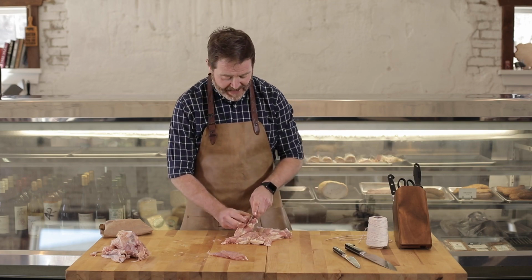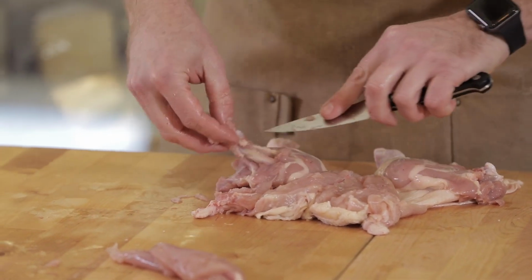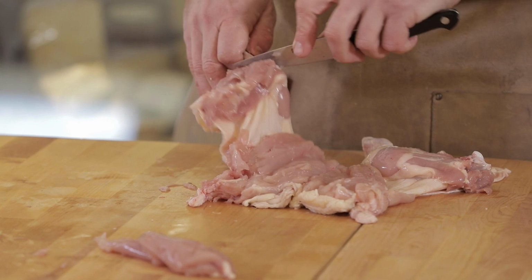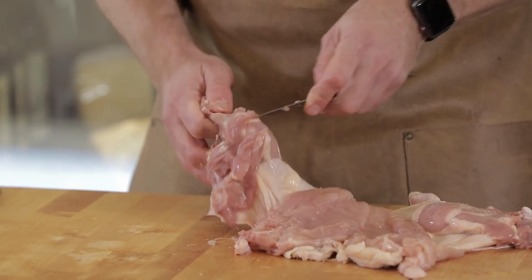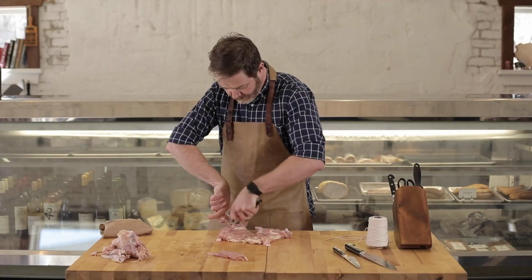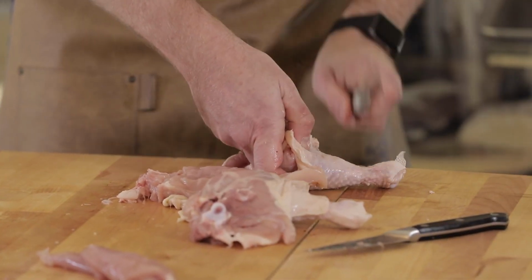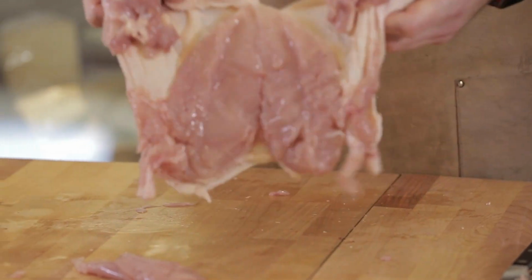And now cutting out the thigh, removing that bone, again scraping to make sure all that meat stays attached and off the bone. Coming down, cutting right from where the thigh meets the drumstick, and then scraping down to expose that bone. Then popping the bone, removing it, and then do the same to the other side. We now lay the chicken flat,